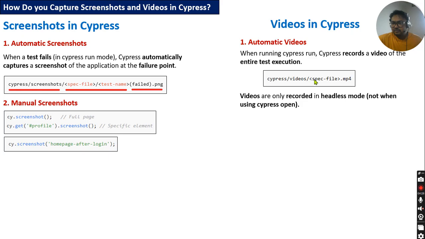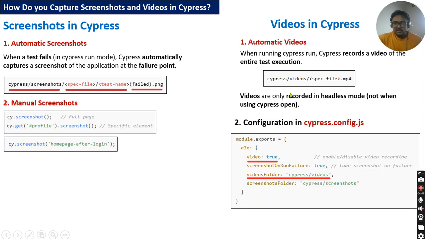If you just go to Cypress open, open your test script, click on it and run your execution, video will not be taken. It will only be taken in headless mode. So by default, if you want to take an automatic video, you have to run your test script in headless mode. Another thing you need to do is the configuration in the cypress.config.js file,